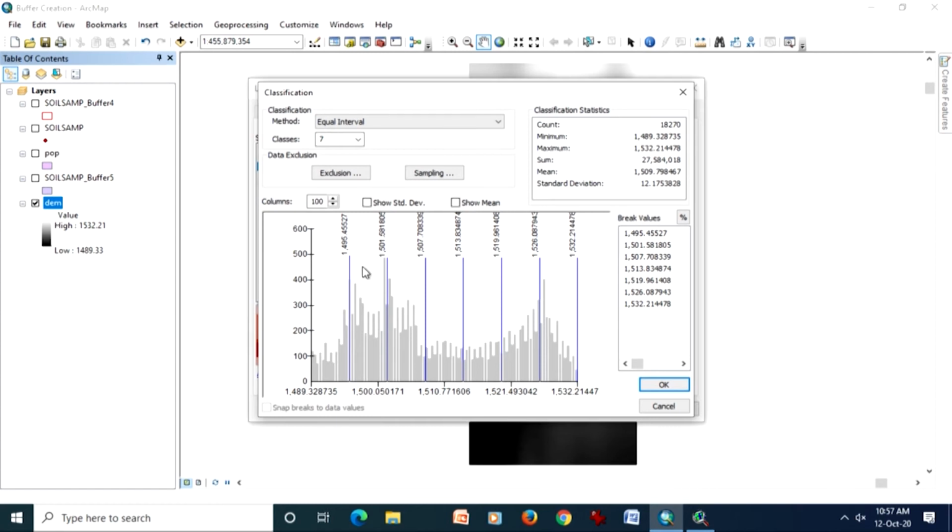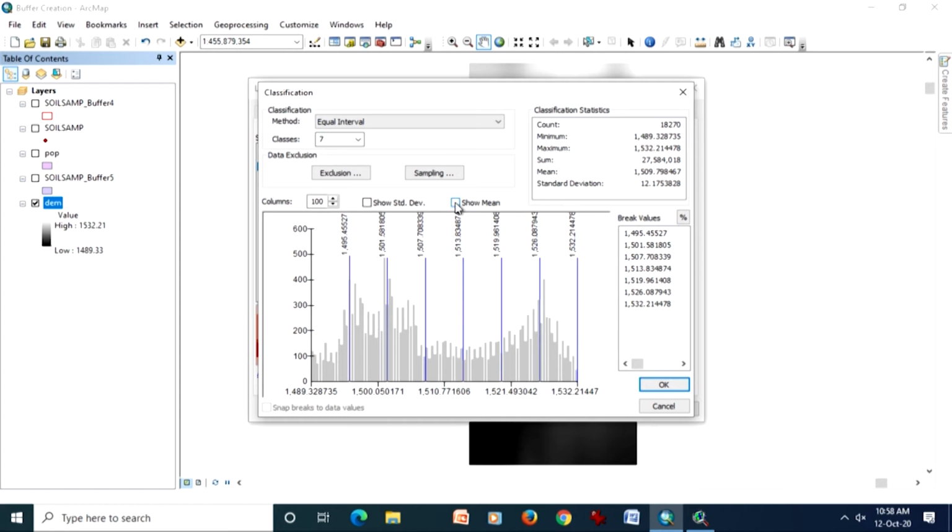So, I do not do any further thing. But before that, if you want to see the standard deviation of this input data, you get it immediately by choosing that, or if you want to see the mean line, it is here, and that is giving you further information. So, the study of the histogram will help us understand the distribution of the data within one file, and will help us choose the most appropriate classification method for our attribute data.